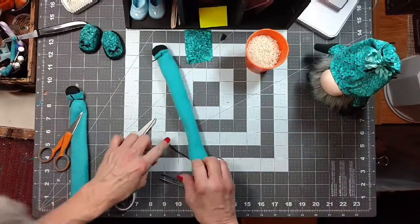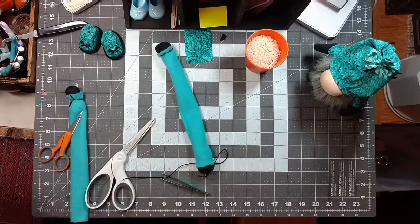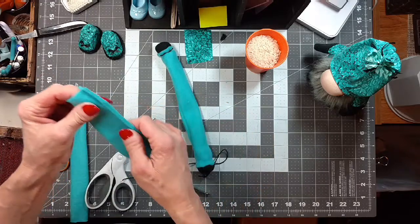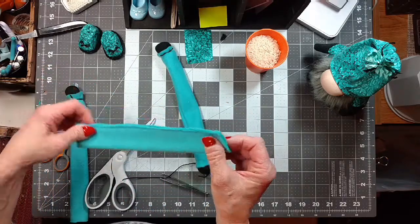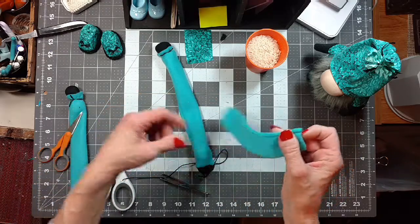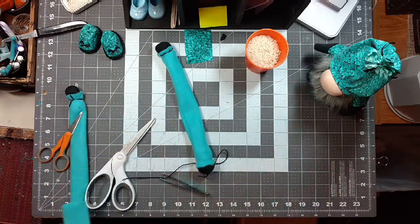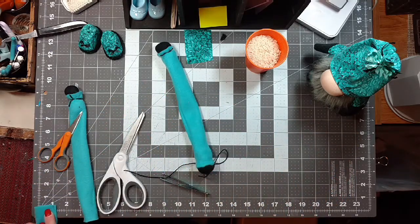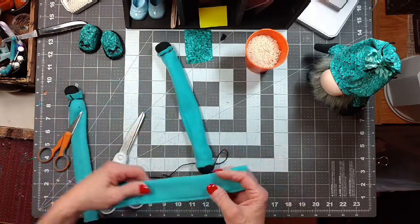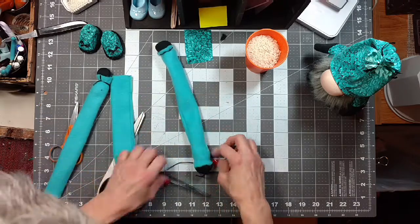And when I do my tube, this is how I make it. I sew it. You can sew it by hand. You can hot glue it, but I don't really like hot gluing. Or you can do it by machine, and I like to do it by machine. It's faster. So this is about 3.5 inches wide. 3 inches you fold it over, and then when I make my sleeves, like when I have this one all done,